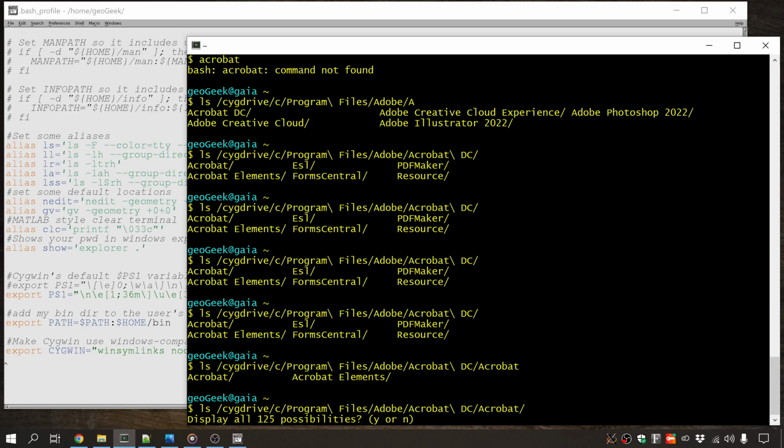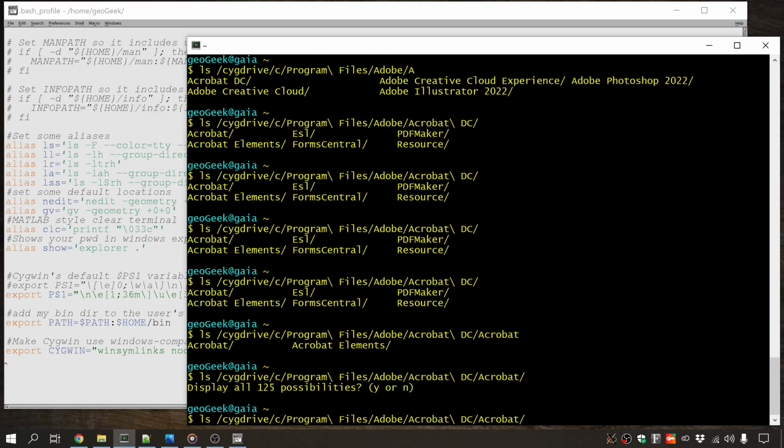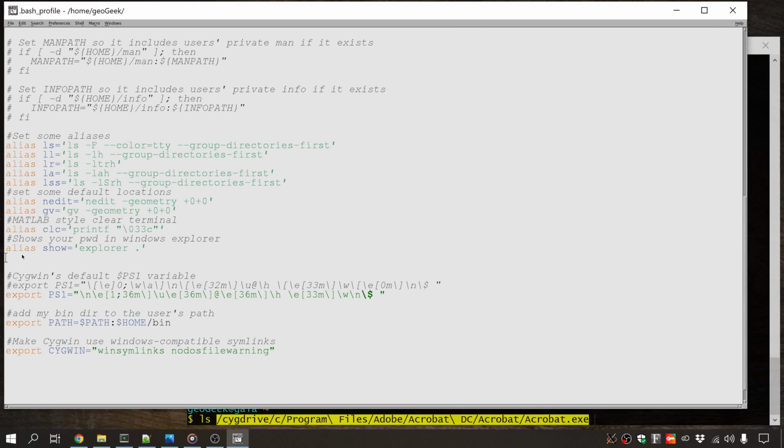Oh, and there's 125 files. I'm going to say no, but I bet it's called acrobat.exe. Hey, it is. So what I can do is I can take this path. Hopefully you turned in your Control-Shift commands, or you can just leave it highlighted and hit your middle mouse button. But let's alias this thing. I just pasted it in using Control-Shift paste or Control-V. And I can alias this to be,